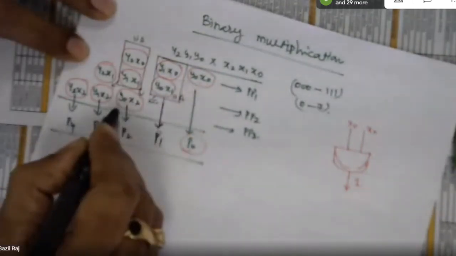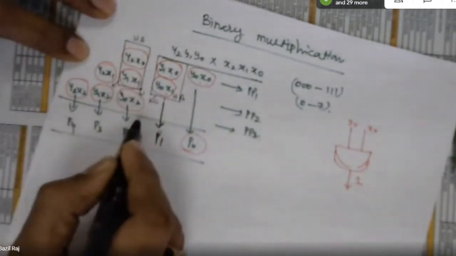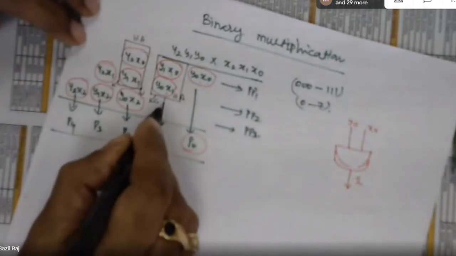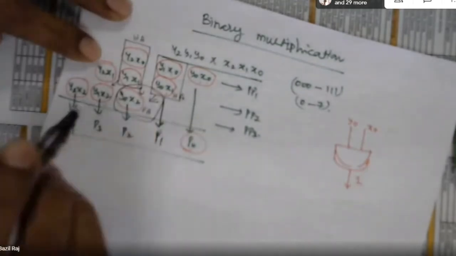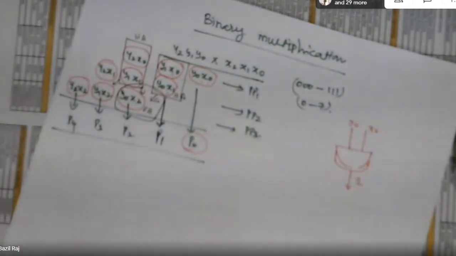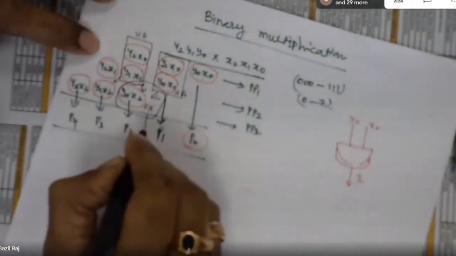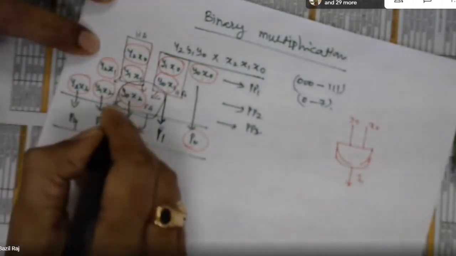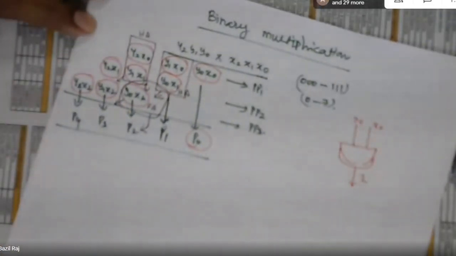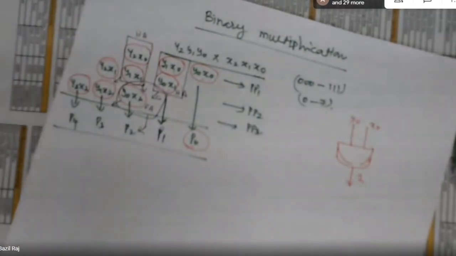Understand now? And this y0 x0 bit will be added by one full adder. So this addition will be by one full adder. The full adder takes the previous half adder carry, the sum of the previous half adder addition, and the present value. So that sum will be taken into P2, and this will give you one carry. Do you understand this computation? That will give you one more carry now.